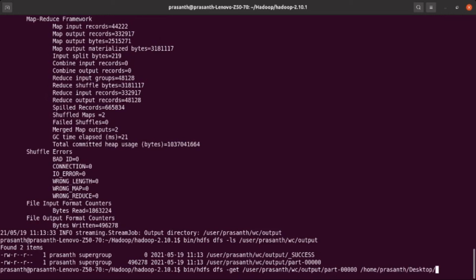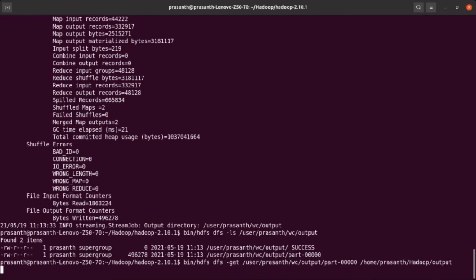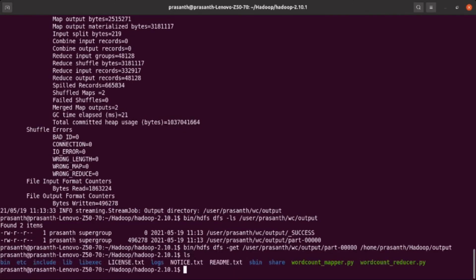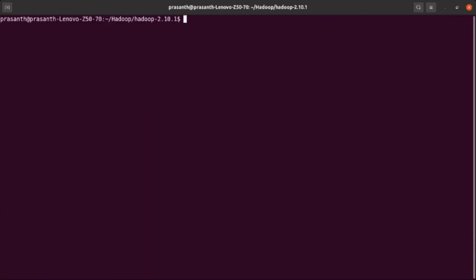No, I don't want it on the desktop, I want it in our Hadoop folder, and its name is output. So the source is here and the destination is here, and I want to move from source to destination. Yes, successfully executed. Then we will open it using gedit /home/prashant/hadoop/output.